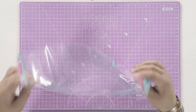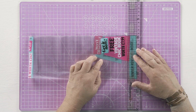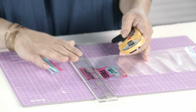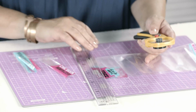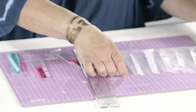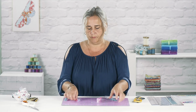So they're quite slippery. What's really handy though is if you've got a rotary cutter and rule, you can simply cut the top and bottom off your bag and then cut this bag into sort of 2.5 centimetre, sort of 1 inch wide strips. Now this isn't going to make you ditch the plastic altogether, but it is going to give another use to single-use plastic. Once you've got your strips, they form a loop like so,